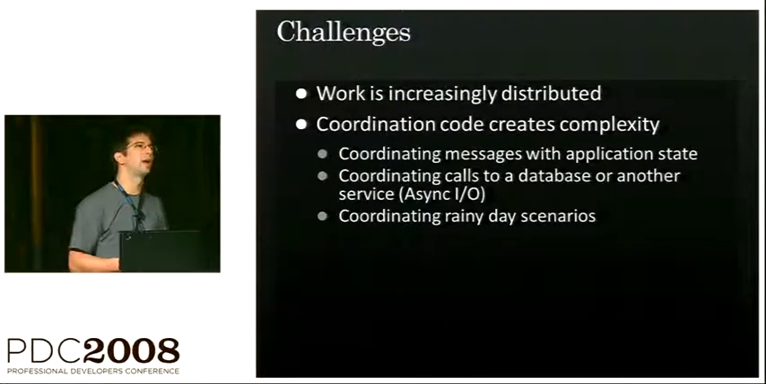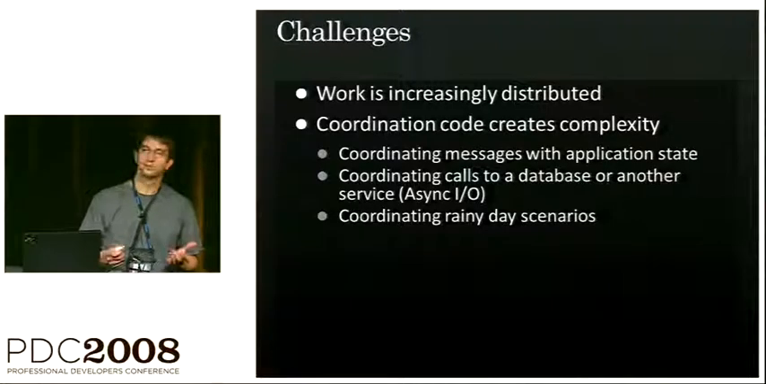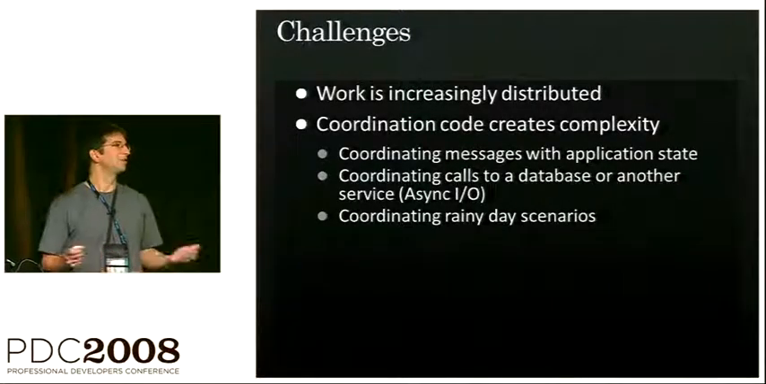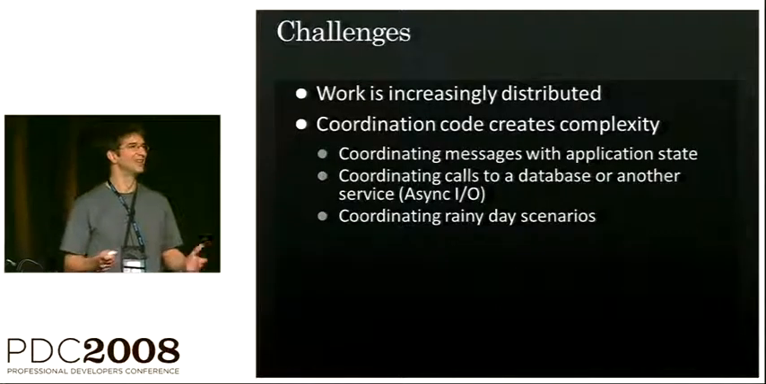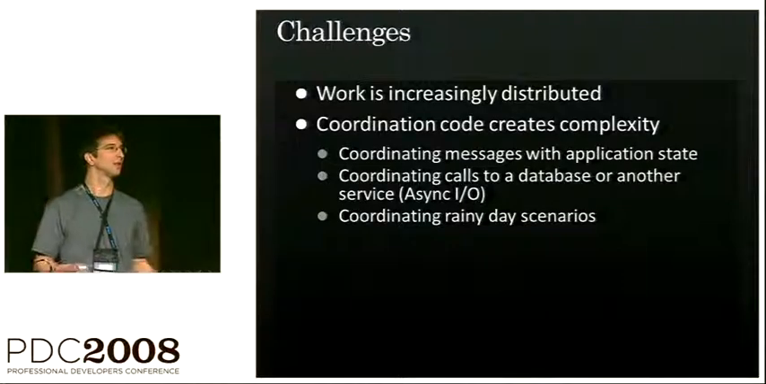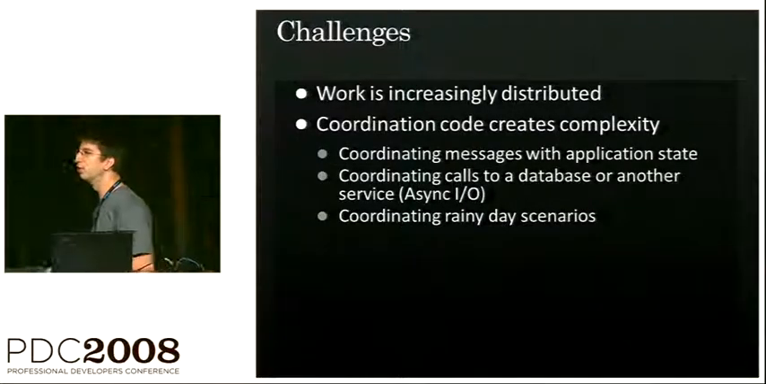Another area where we write a lot of coordination code is in rainy day scenarios, right? Exceptions are great, but if you just bit off that async bit, your exception handling just got crazy. You may have an exception from your begin call, from your end call. You might have to marshal that exception to a different thread. Another tool that we use to